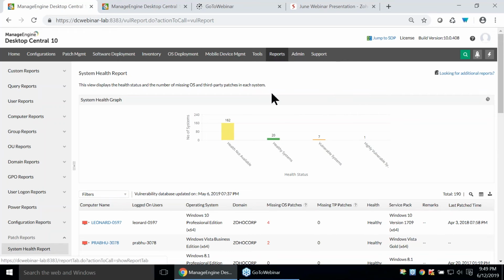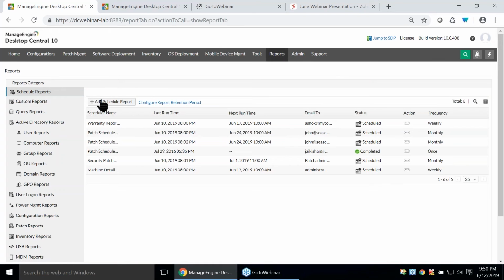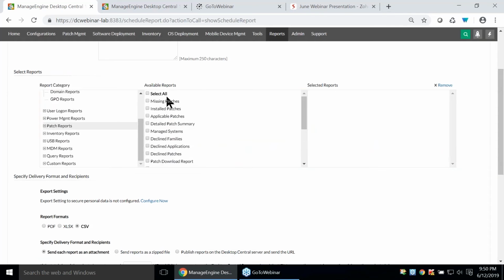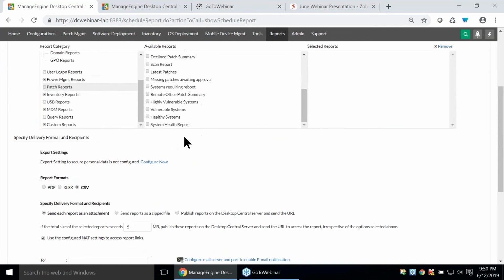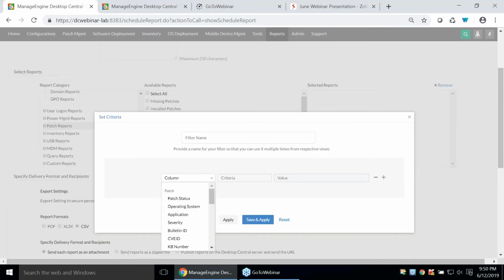Not only this, we have this same report which can be automated using this process. So you can very well come up here and you can create the reports based on your requirement. So here under the Reports tab, we have an option called Schedule Reports, Add Schedule Reports, and you can come to the patch reports. So I want to know how many patches are deployed to my environment. So I can go with a detailed patch summary. I can choose the deployment status, and I can choose it equal